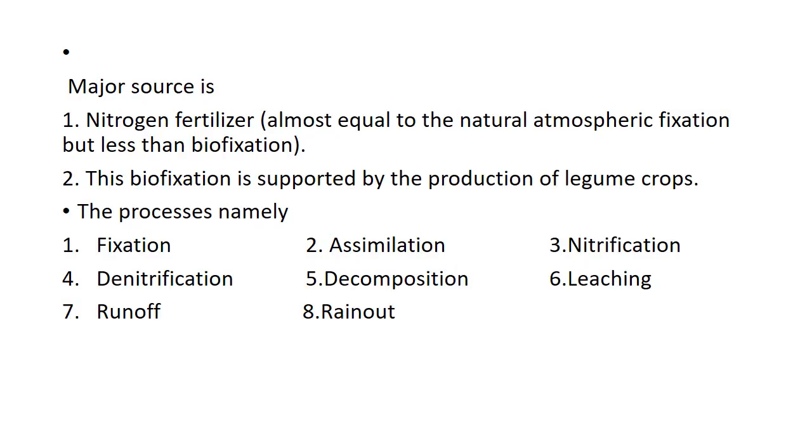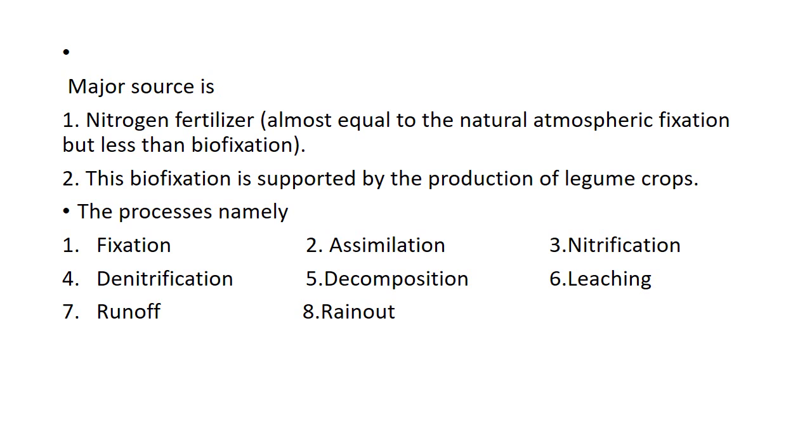What are the major sources of nitrogen for the farmlands? Nitrogen fertilizer, which is almost equal to the natural atmospheric fixation of nitrogen, but it is less than biofixation. What is biofixation? Biofixation is the fixation of atmospheric nitrogen with the help of legume crops. Legume crops have root nodules, and these root nodules give residence to the bacteria that convert ammonia into nitrites and then into nitrates. These nitrates are readily taken up by the plants, and the plants grow well,